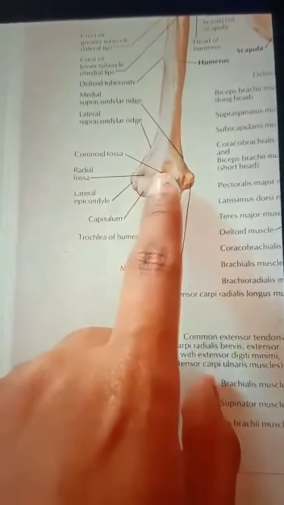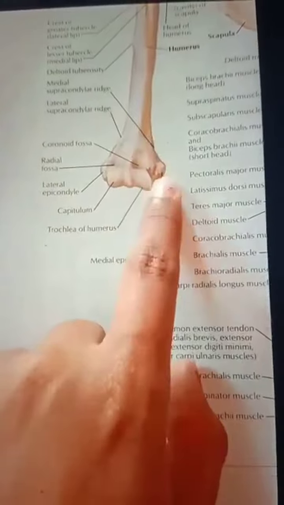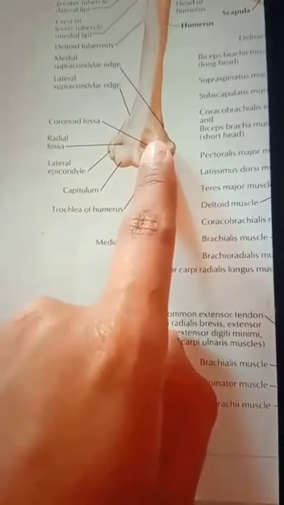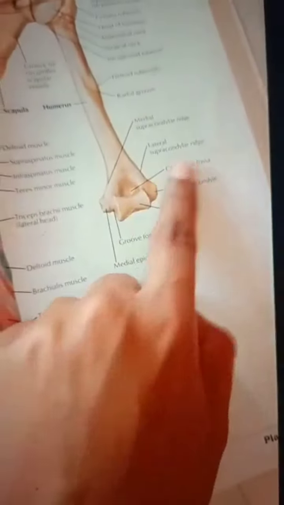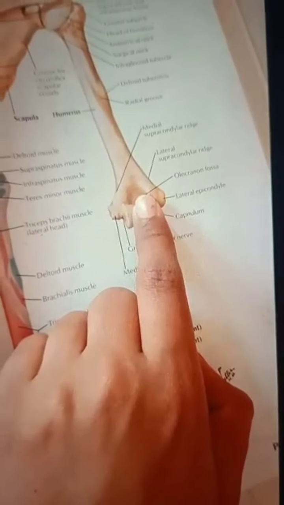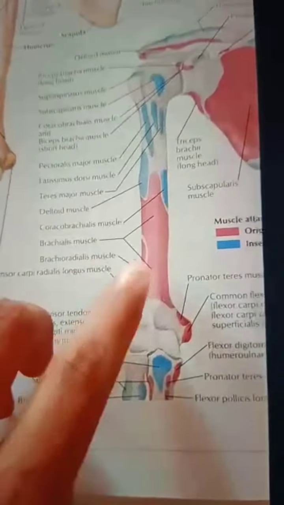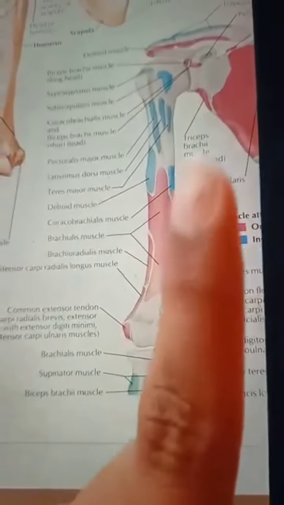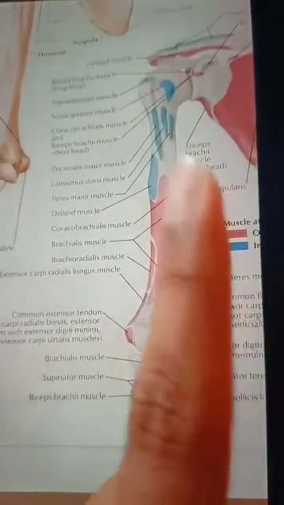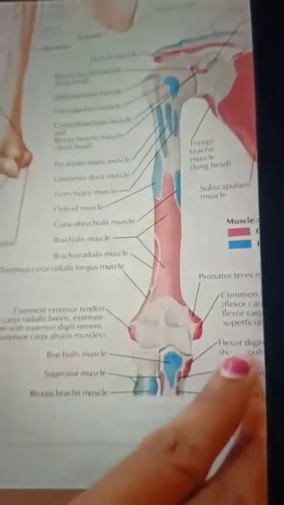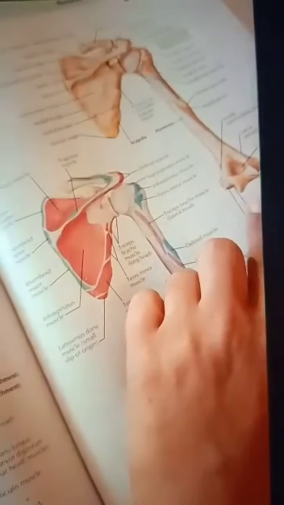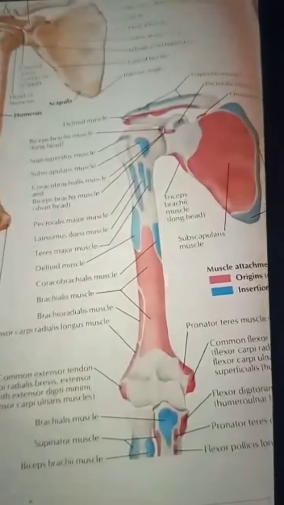And next the coronoid fossa. So this is the coronoid fossa, here you can see. The coronoid fossa articulates with the coronoid process of the ulna, again because this is towards the ulnar side. And posteriorly we have one fossa, that is the olecranon fossa. So posteriorly, you can see the olecranon fossa articulates with the olecranon process of the ulna. So almost you can see that there are three joints to the ulna, only one joint to the radius, that is the humero-radial joint. To the ulna we have the humero-ulnar joint, the coronoid fossa articulation, and also the olecranon fossa articulation with the ulna. So ulna three joints, only with radius one joint.